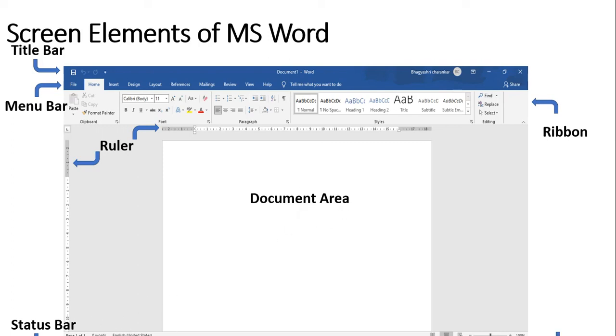Here, the language you are using for your document is stated on the status bar. Along with that, there are some view buttons that will tell you which view you are working in. You can also increase or decrease the zoom for better convenience.